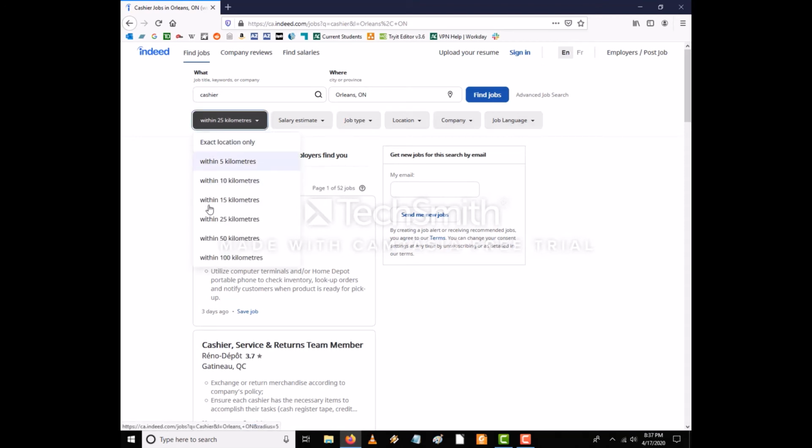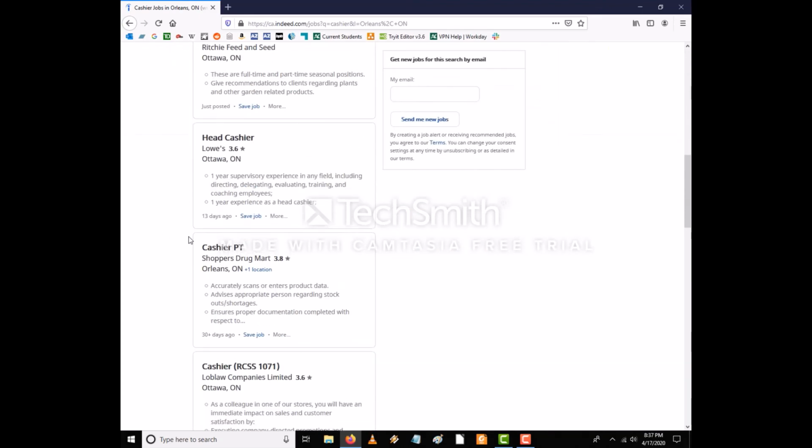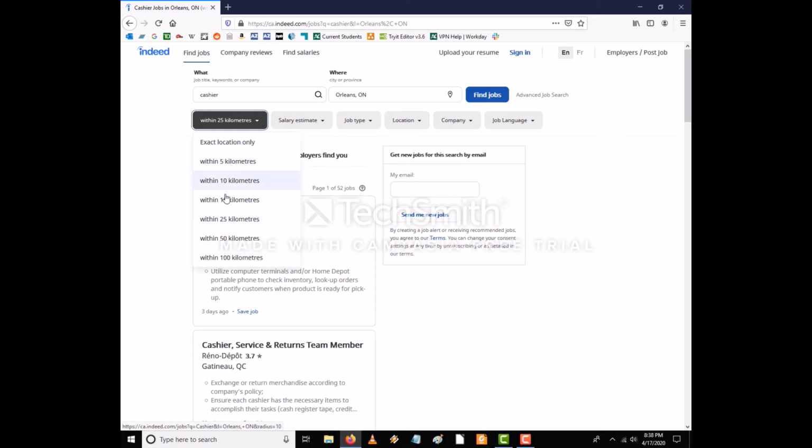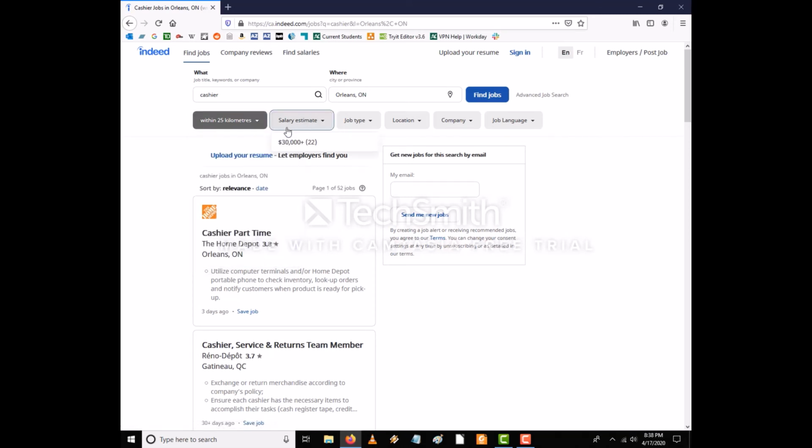So you can pick the range, and it automatically filters through the listings in the search results so you can get a sense of them. Most of these jobs are within 100 kilometers. The salaries are generally 30,000. The job types are the status of the job, so part-time, casual, seasonal, full-time. And most of these jobs are in the Ottawa area. And the companies are various retailers in this case. And then we have English and French. What I do not see,